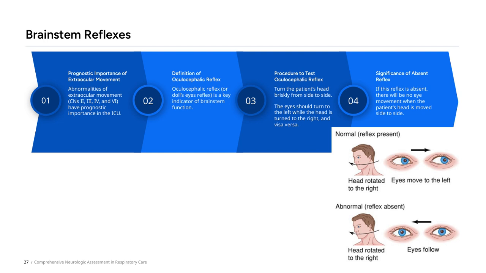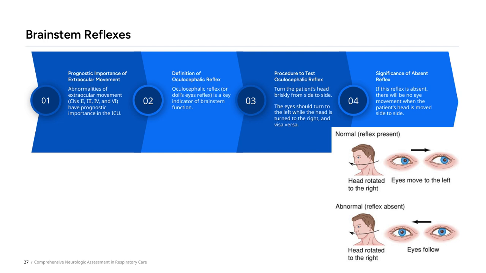If the brainstem is functioning properly, the eyes should move in the opposite direction of the head movement. So when you turn the head to the right, the eyes should shift to the left, and vice versa. If this reflex is absent, meaning the eyes don't move when the head is turned, it suggests a potential impairment